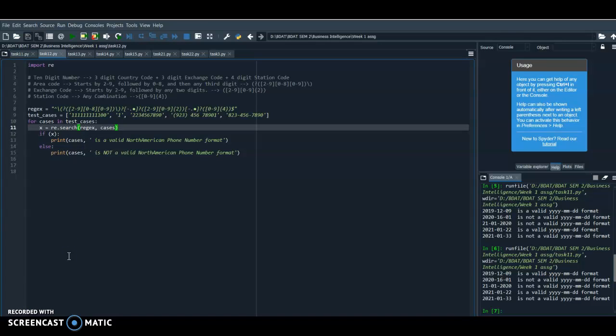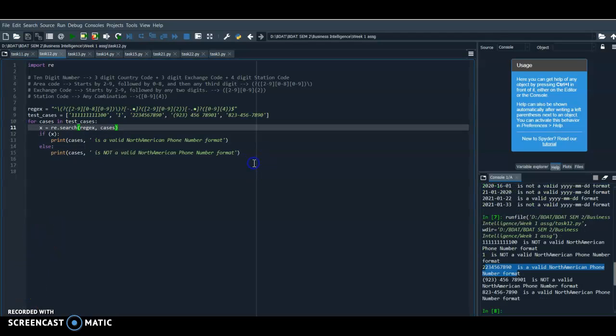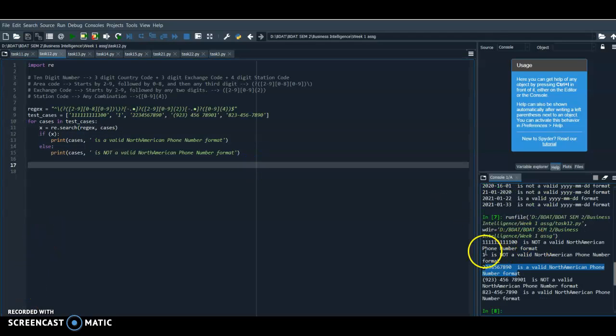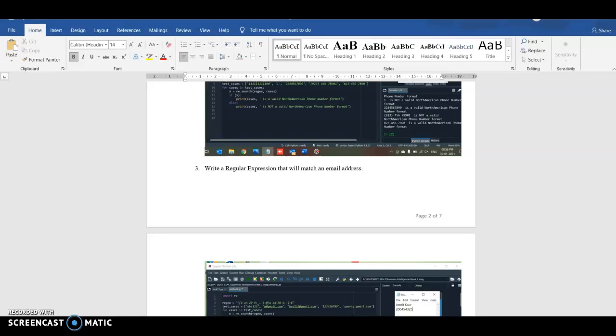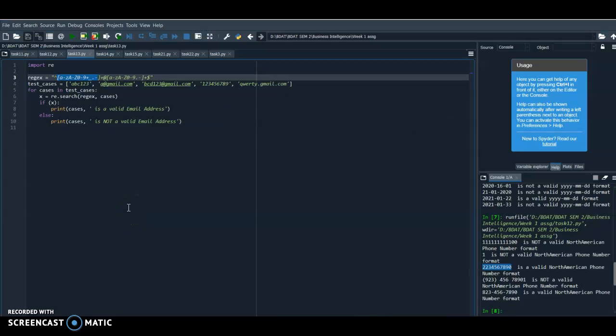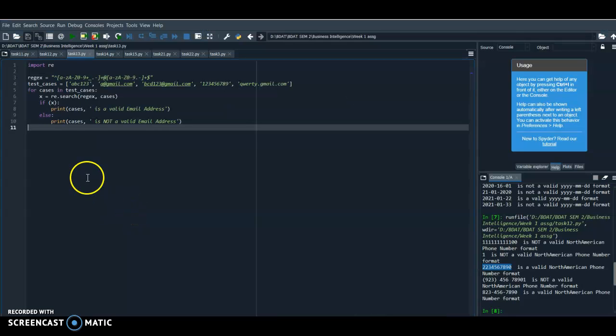Test cases are being checked with the search function, and as you can see in our output, the output is correct, as this is not a valid number and this is the valid North American phone number. Similarly, to create a regular expression that will match an email address in task 3, the regular expression that would be created is as so: